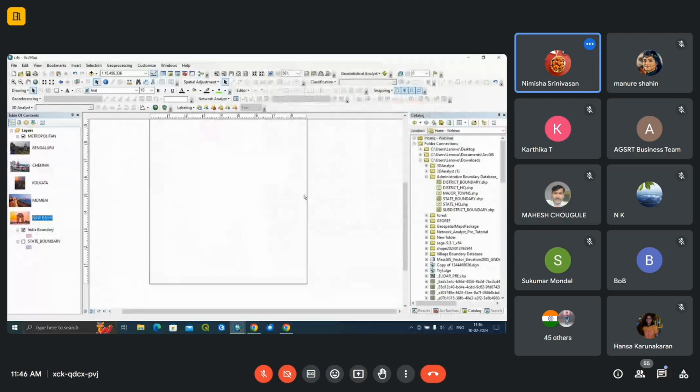Now I want another, I'll keep it a little bit side here. Now I want another heading here which shows metropolitan cities or major metropolitan cities. I can again add a text here, or I can just copy paste this thing. Copy, paste. You can drag it down here. First I'll decrease the font size a little bit because it's a subheading. So I'll give it 28, and I will write here